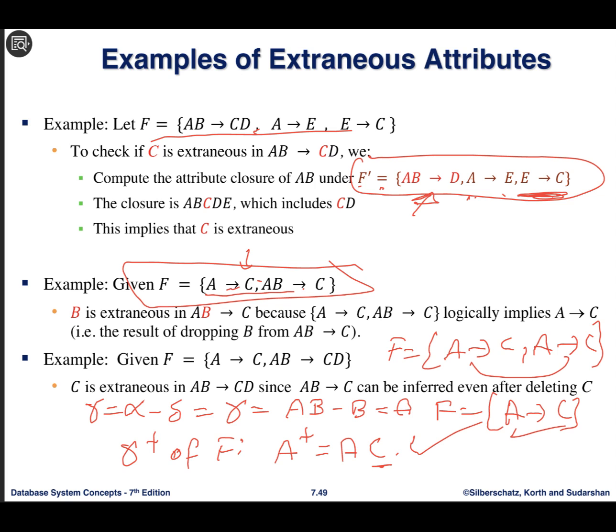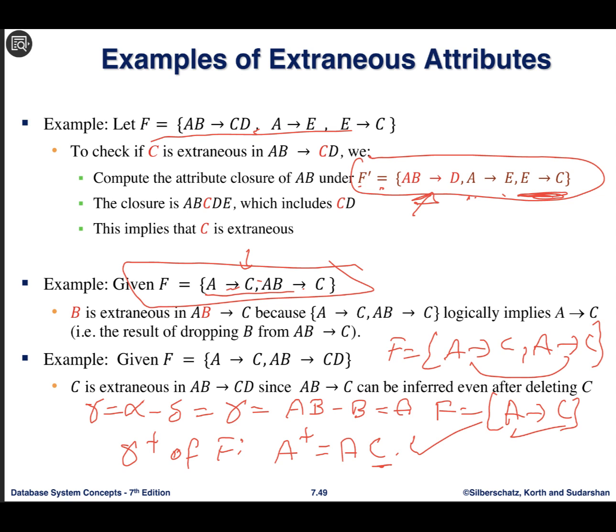Now we talk about how we can use the closure to help decide whether an attribute is extraneous or not. It's going to be redundant, either on the right hand side or the left hand side. That means you do what? You need to compute gamma, which is the left hand side minus the attribute that you think is redundant. Then compute gamma prime, or the closure, based on the set of given function dependencies F. If you find the delta is going to be part of the right hand side,